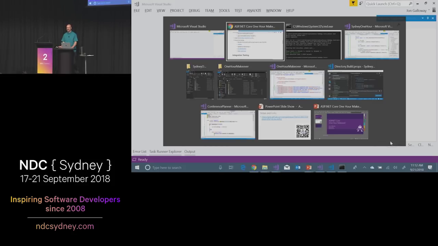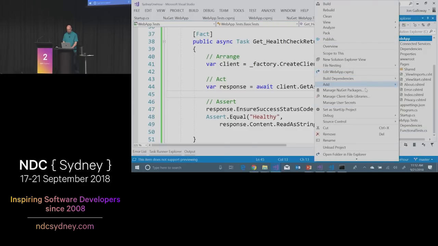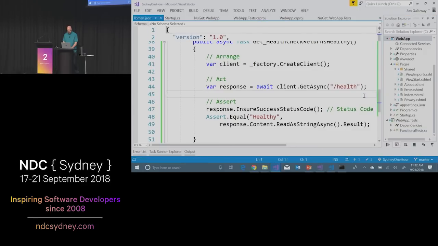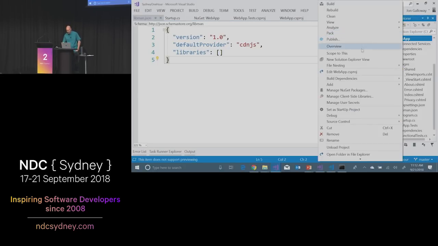I'm not going to dev on Bootstrap. I don't have Less or Sass, or any of that other stuff. So from that point of view, I can go in and do Manage Client-Side Libraries. This lets me add other libraries and point them at it. What this does is it will get those libraries off of